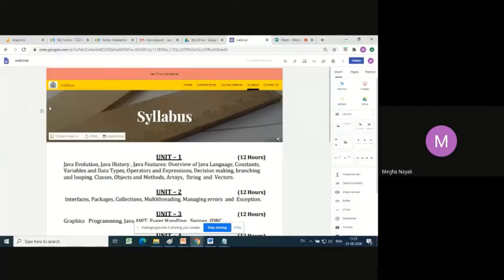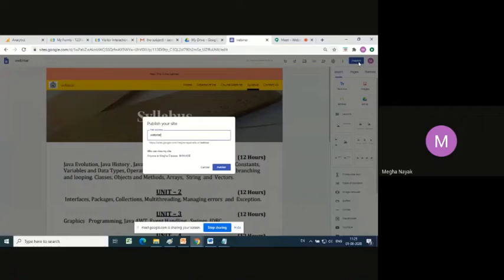So now once done with that, we had put a favicon which we will be able to see once we publish the site. So to do that, I will click on this. Now if you see, this thing is not yet activated because my site has not yet gone live. So I'll click on publish. Now here you can give your site address.